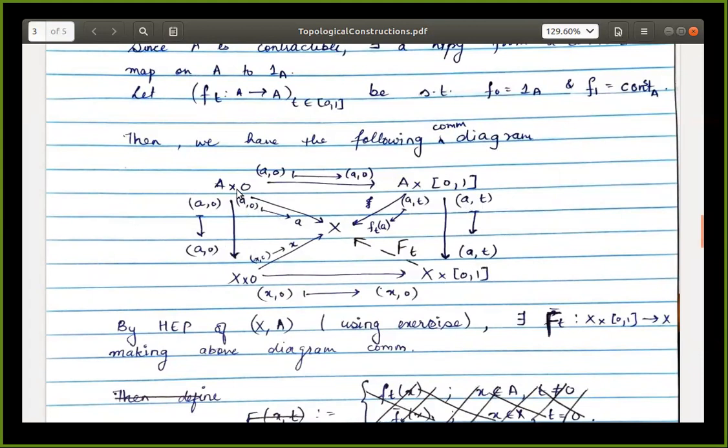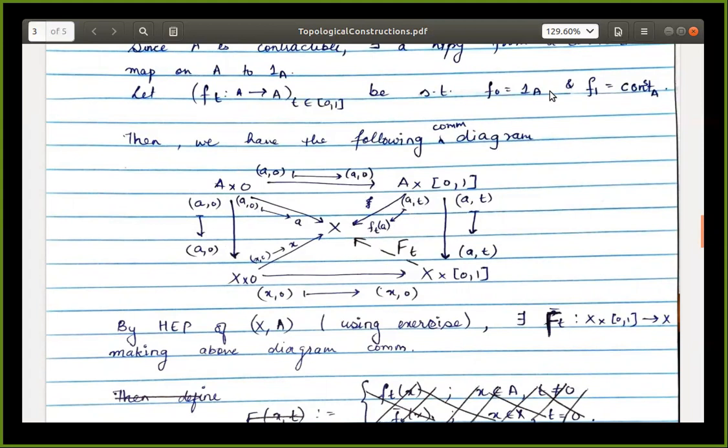The inside maps are the important ones. So this map is nothing but the identity map, which you have said here, because what we are saying is that F_t is the homotopy from A to X. Yeah, it's from A to A and A is sitting inside X. So you can consider all these F_t to be from A to X. Okay, so this is sending any (a, t) to F_t(a), and now